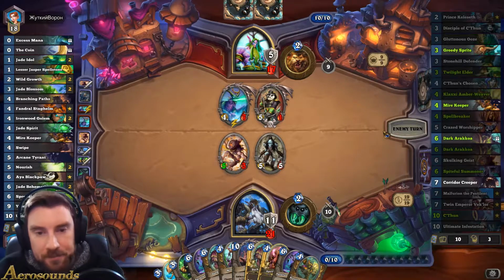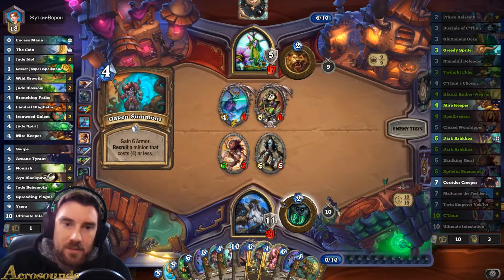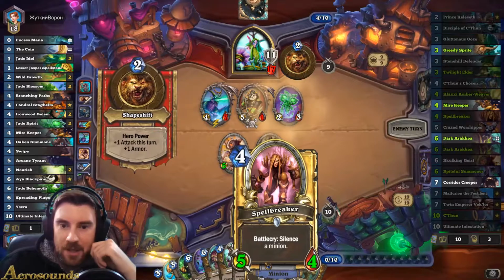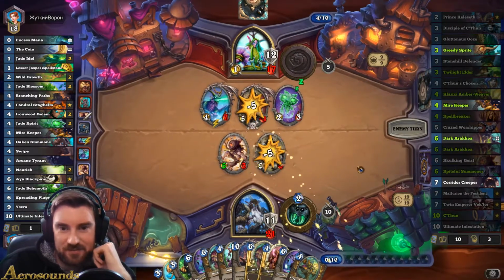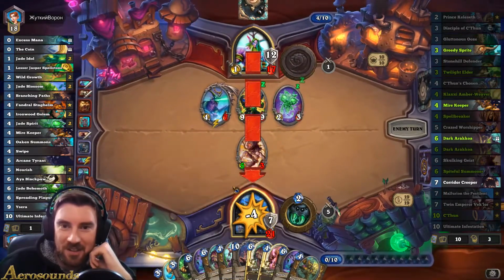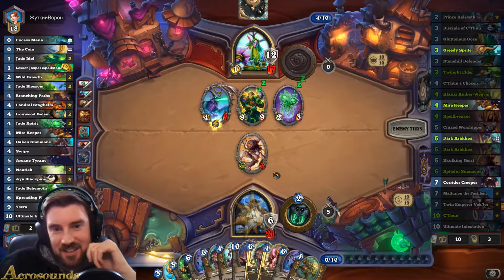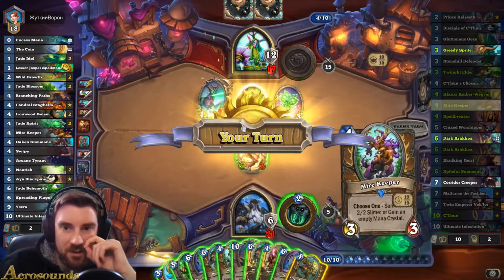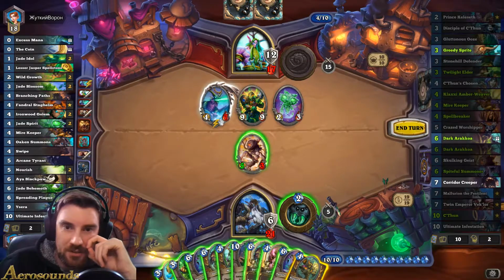Maybe I could have played that better. But we've got a Spellbreaker now. That was a bad move for him. I mean, we can make our C'thun so much bigger. And I think I probably should. I think I should play the Aerosounds. I don't think I should play C'thun this turn because...